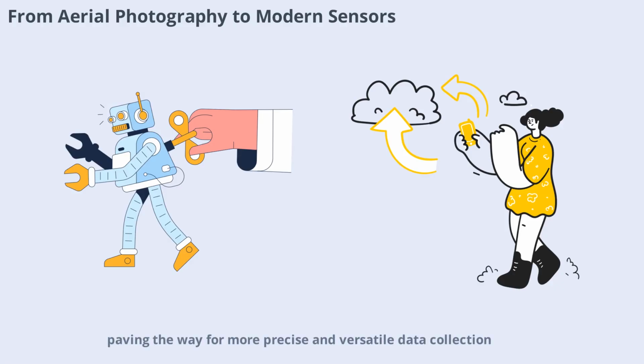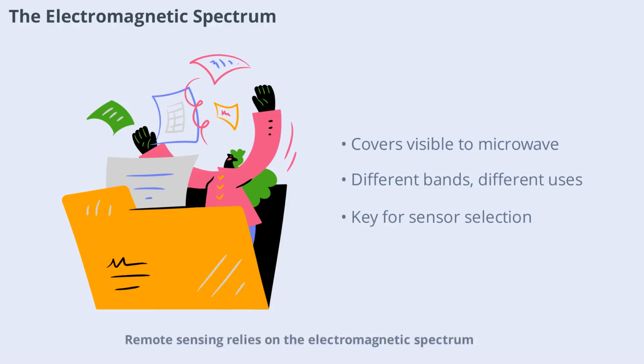versatile data collection. Remote sensing relies on the electromagnetic spectrum, which includes visible light, infrared, and microwave regions. Different sensors are designed to detect specific wavelengths, allowing us to gather diverse information about the Earth's surface. For example, visible bands help us see what the human eye can, while infrared and microwave bands reveal details invisible to us. Understanding the spectrum is key to choosing the right sensor for each application, from vegetation analysis to mineral